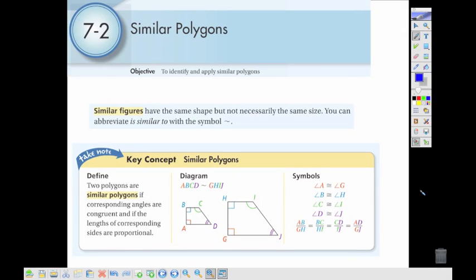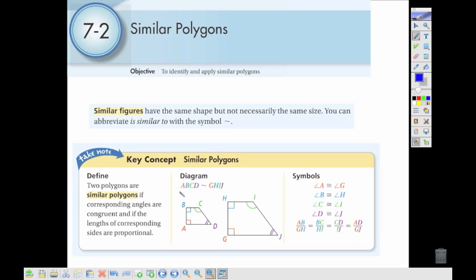In section 2, we're looking at similar polygons. In similar polygons, we're going to have the same shape but not necessarily the same size. We can think about the angles as being all congruent, but the sides are going to be proportional. Now we're going to use this little wavy symbol to talk about similar polygons, and